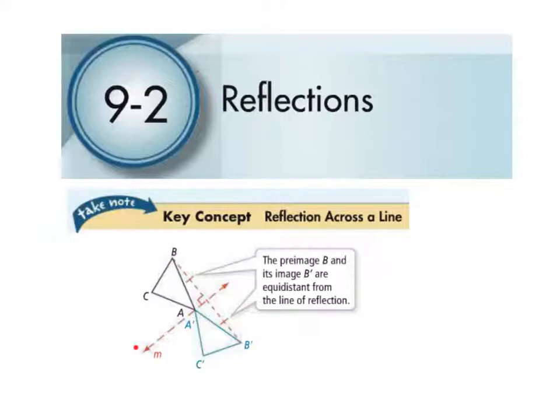In this case, you can see right here is my line of reflection. And when you reflect over a line, ultimately you draw a perpendicular to that line of reflection. Drop that perpendicular, and then whatever that distance is, you go that distance again. And that becomes your new point. That reflection would fold over on top and land over here. This C would fold over and land on top of this C. But since A is actually on the line of reflection,